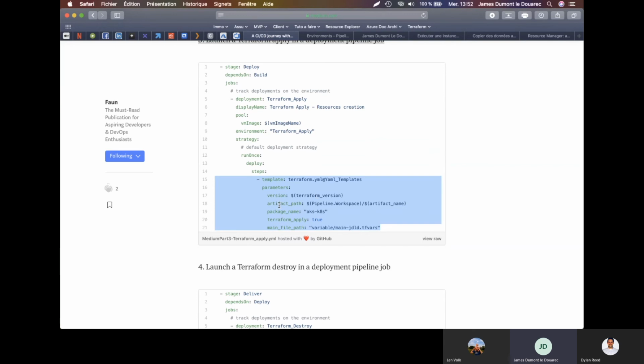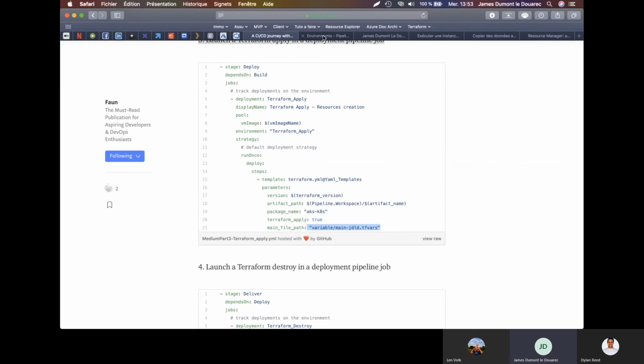The artifact path location is an environment variable, and the artifact name is the location where we have pushed the result of the previous stage, and the package name is this one. It's also the same. So here we just say that we want to do a Terraform apply, and we give it back the variable file.